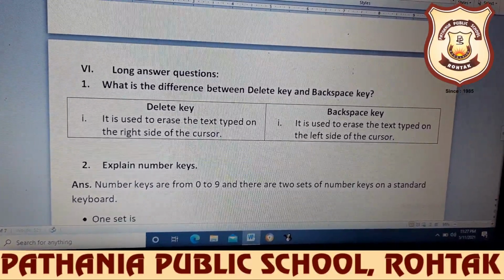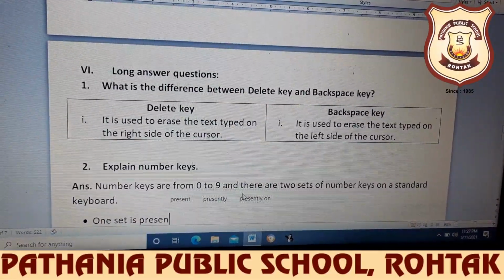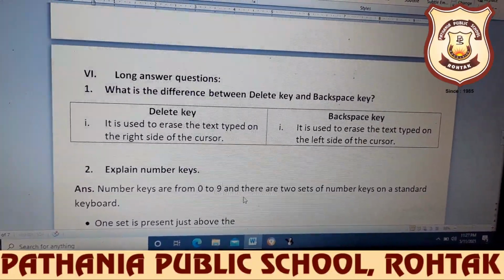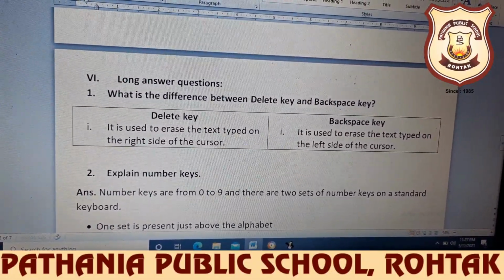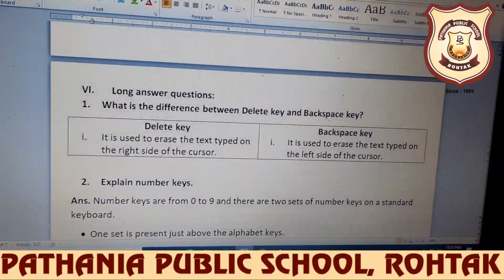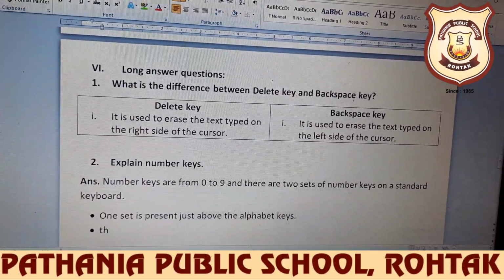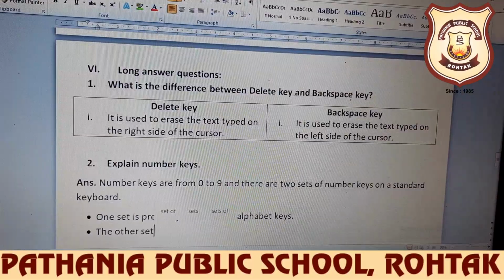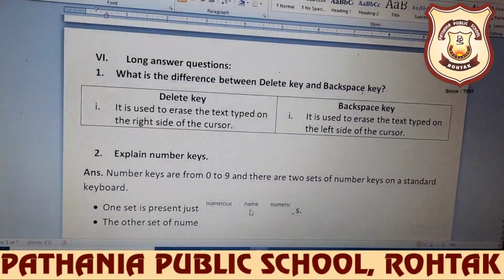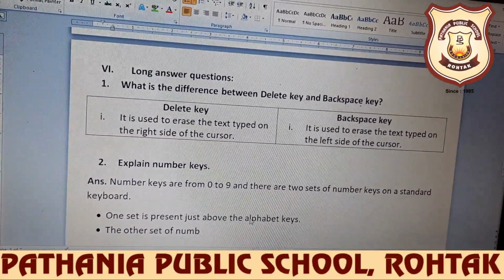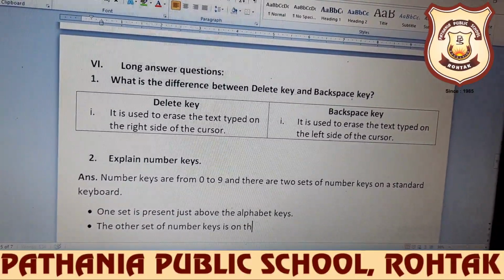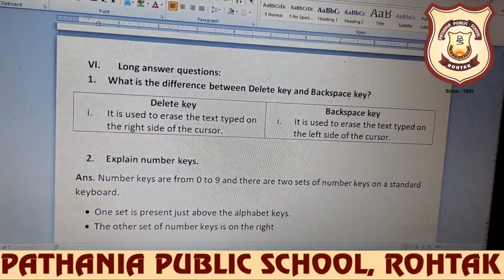One set is present just above the alphabet keys, and the other set of number keys is on the right side of the keyboard.